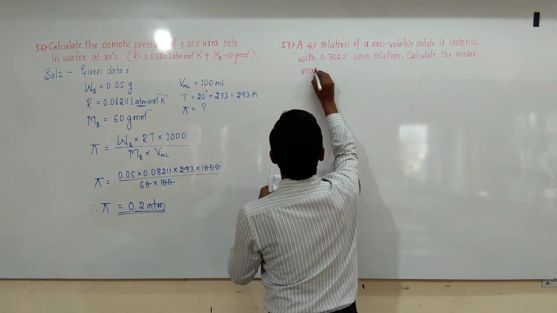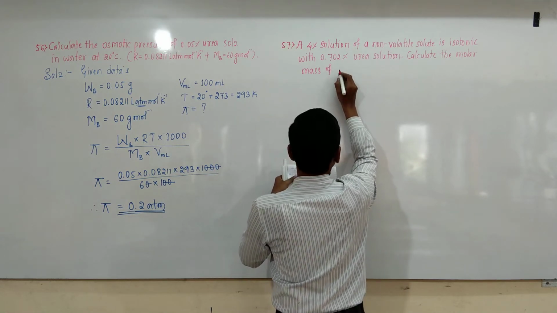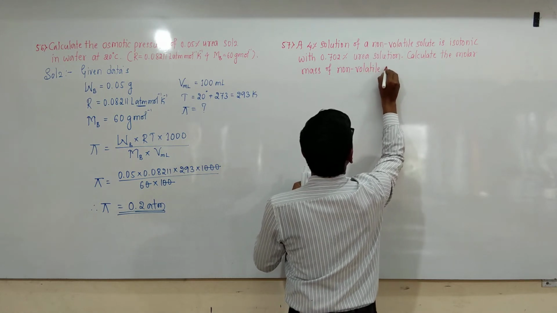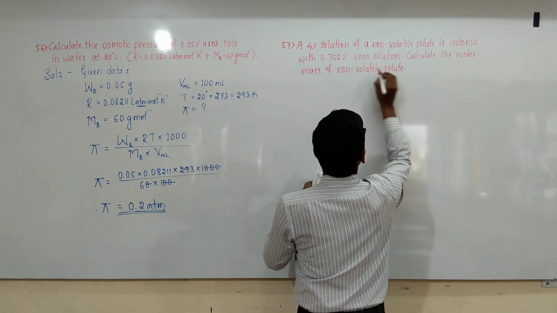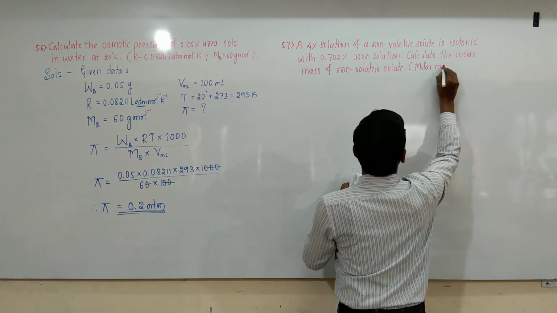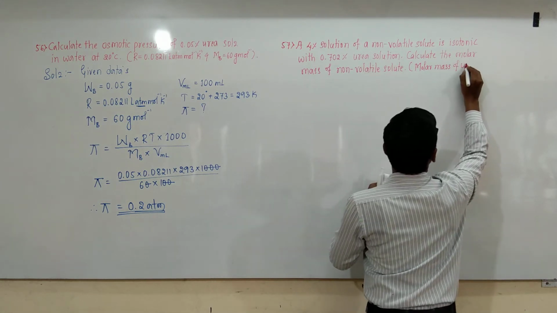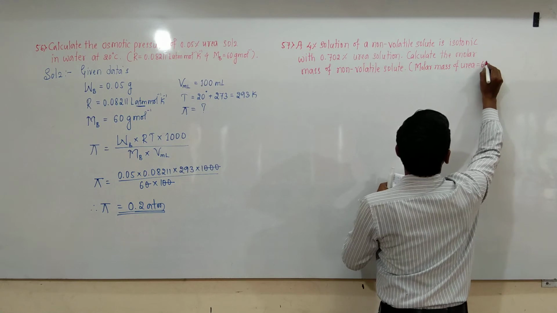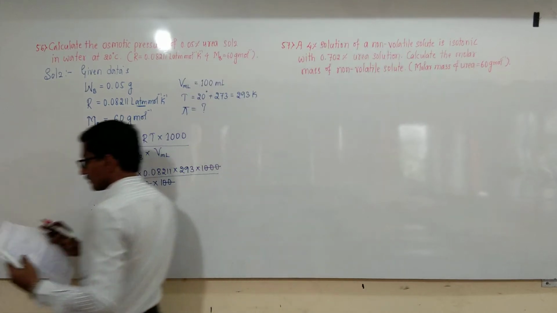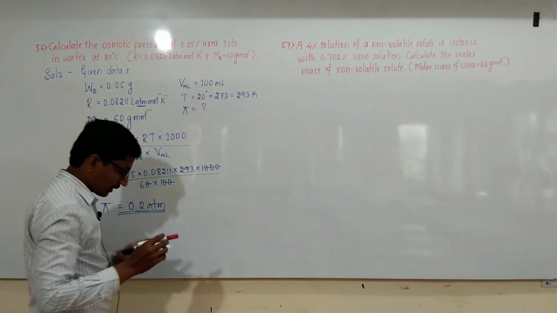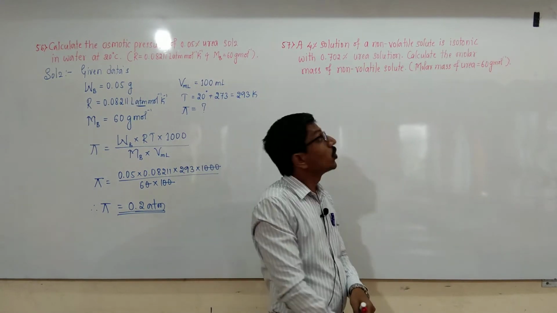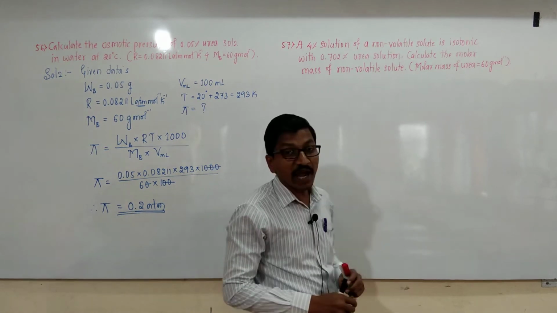Molar mass of non-volatile solute. Given is molar mass of urea is equal to 60 gram per mole. This is given data. Here a 4% solution of non-volatile solute is isotonic with